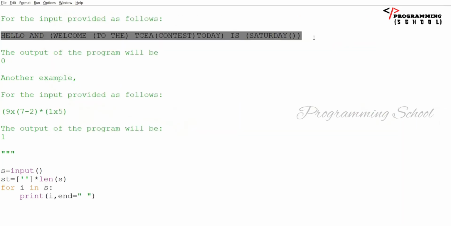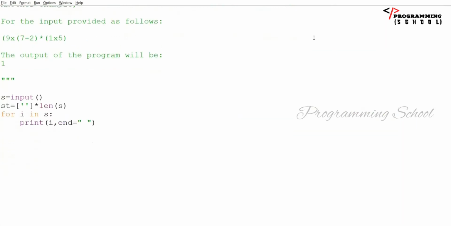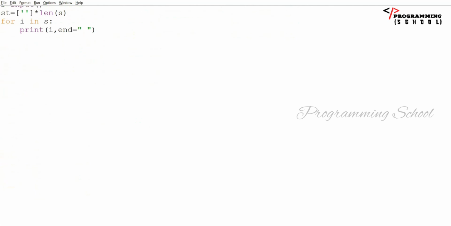Now, if the value is an open bracket, then only I'm going to consider it, right? Before, there is no need to print here, just checking. I'm going to check if i is equal to an open bracket. If it is an open bracket, what do we have to do?